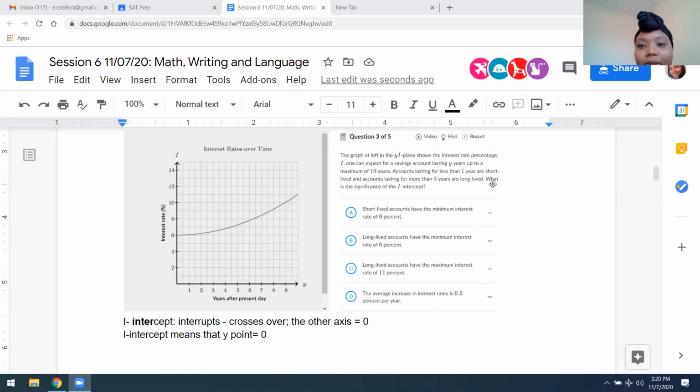Now, referring to our question, it's asking, what is the significance of the I-intercept? We figured out what the I-intercept is, it's 6. It's asking, what is the significance of this? That means, what's the importance of it? What is it saying? What does the I-intercept being at 6 tell us? Okay, well,